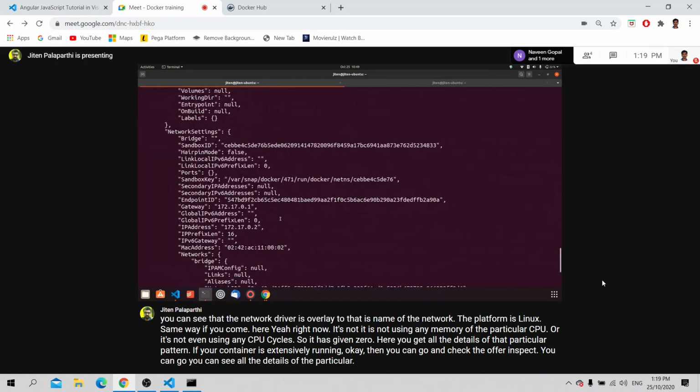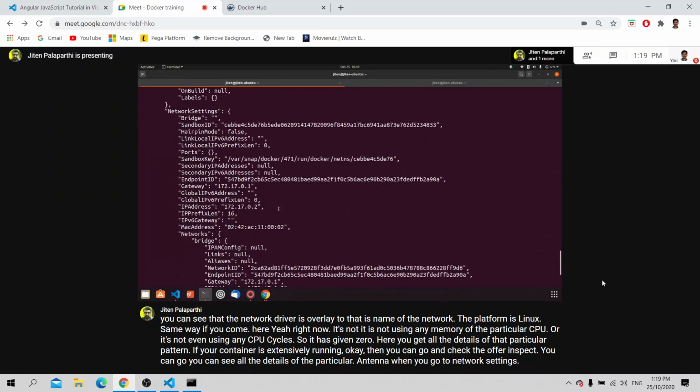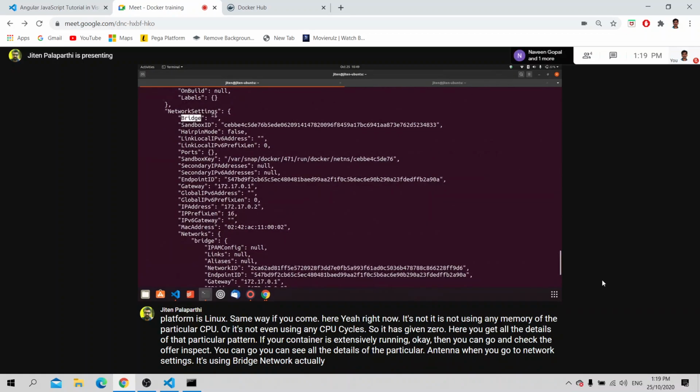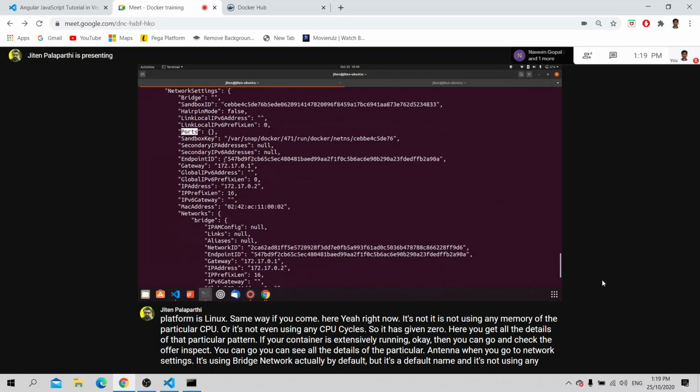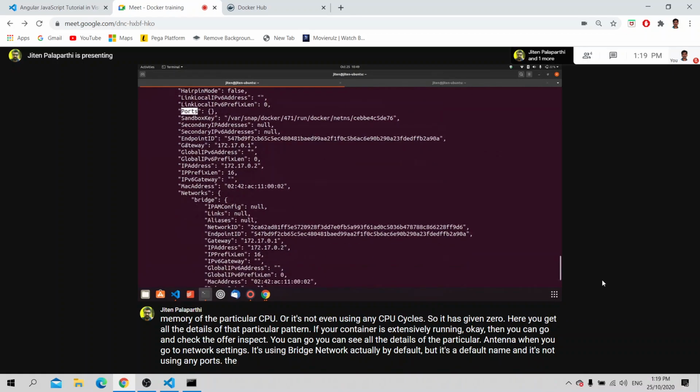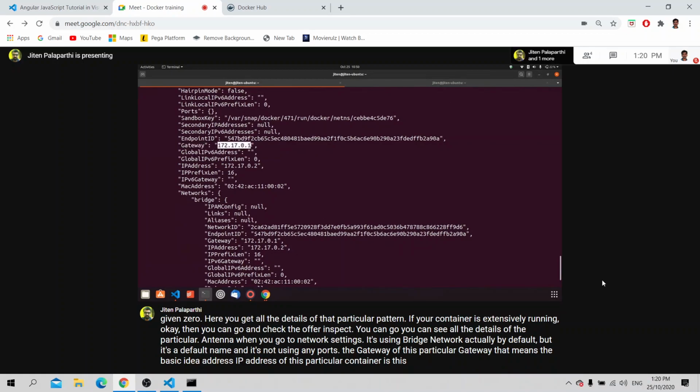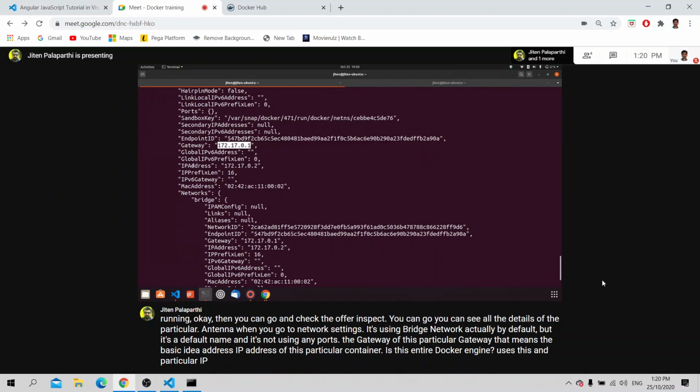When you go to network settings, it's using the bridge network by default, and it's not using any ports. The gateway, that means the basic IP address, is this; the entire Docker region uses this, and the specific IP address of this particular container is this one. This is the IP range.